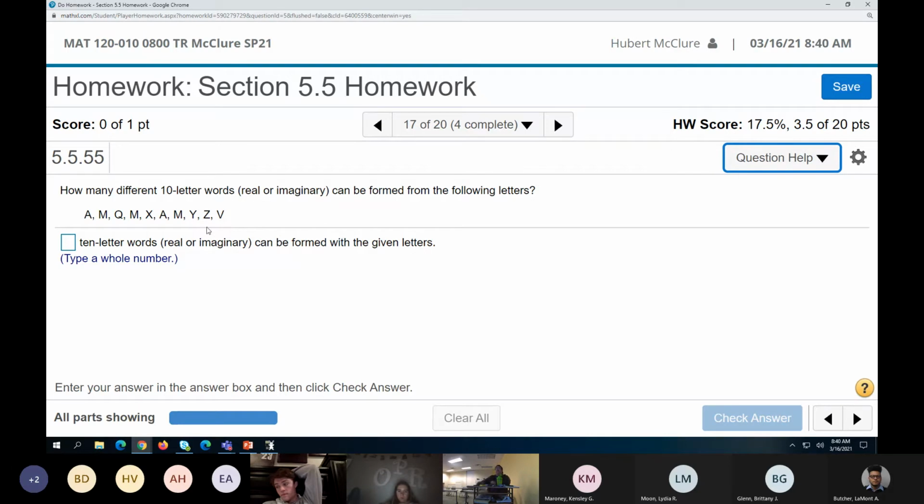So that will be 10 factorial, I done forgot, over 3 factorial times 2 factorial times 1 factorial, 1 factorial, 1 factorial, 1 factorial. Right? So take your handy dandy calculator